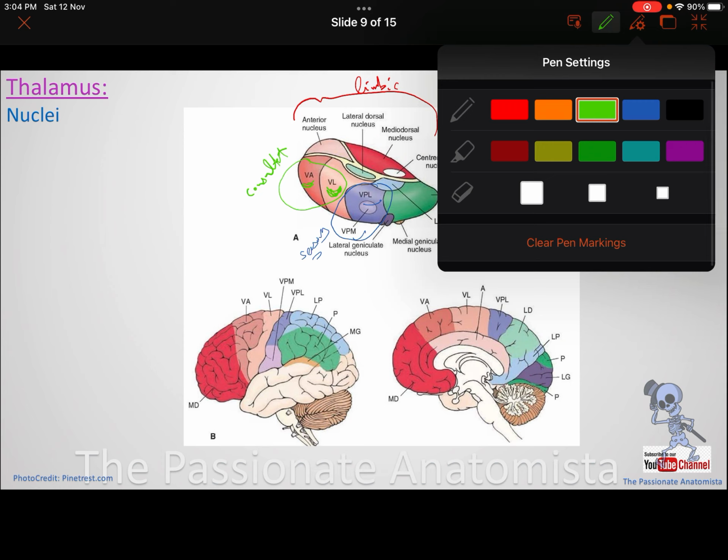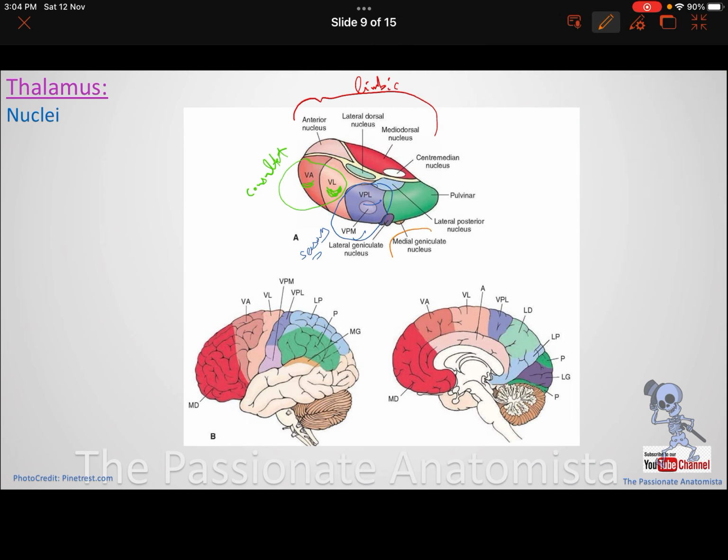And then we had the medial geniculate and lateral geniculate. Where is the lateral geniculate body? All right, so these ones were for M for music. So this is the auditory pathway, and this is part of the visual pathway. And the pulvinar is the posterior part of the thalamus, which holds the geniculates. All right, and that's the recap of the nuclei of thalamus. All right, guys, I think it's easy because we